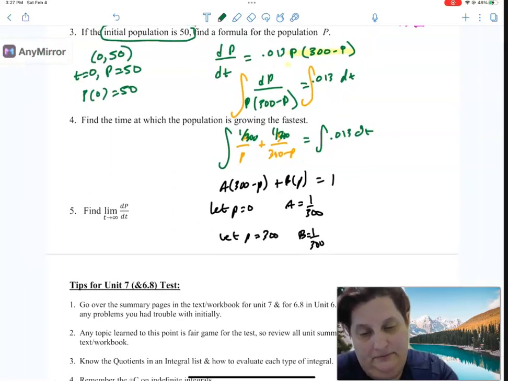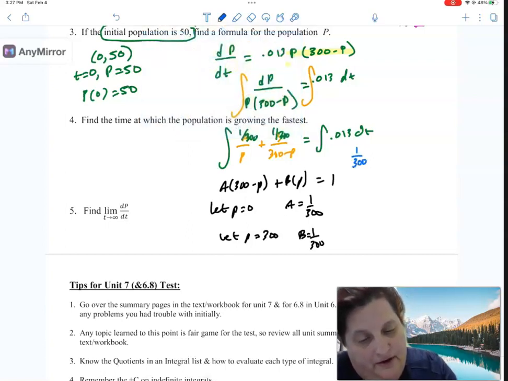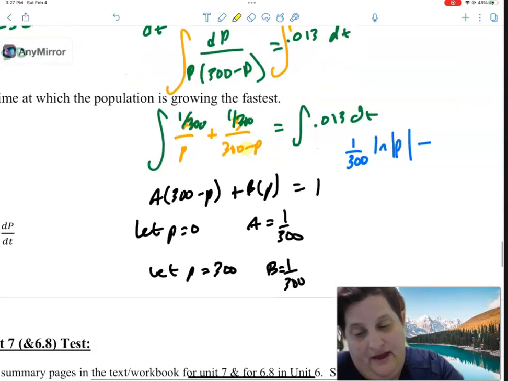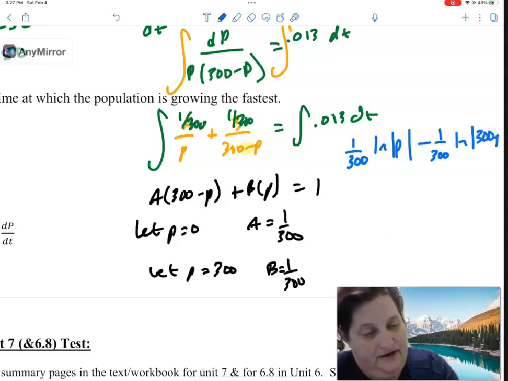Okay, so now I'm going to keep going. The integral on this side is 1 over 300 ln P minus, because of the reverse chain rule on that, minus 1 over 300 ln of 300 minus P